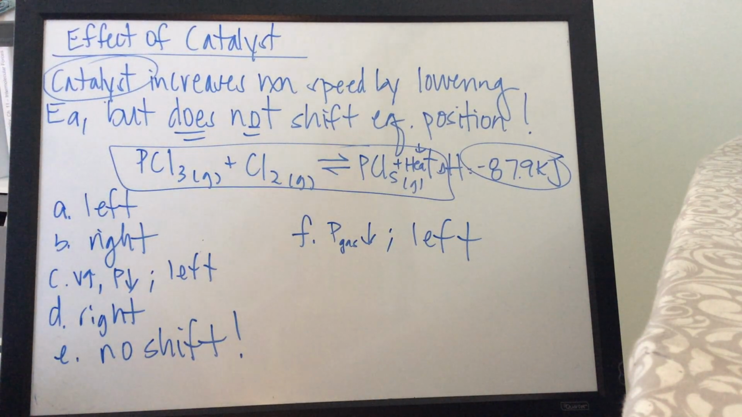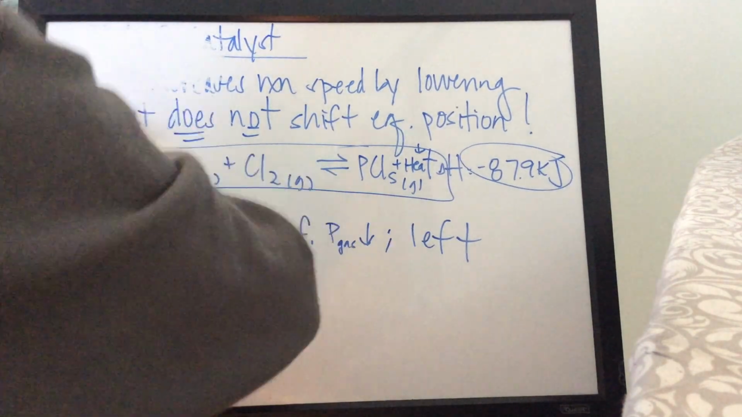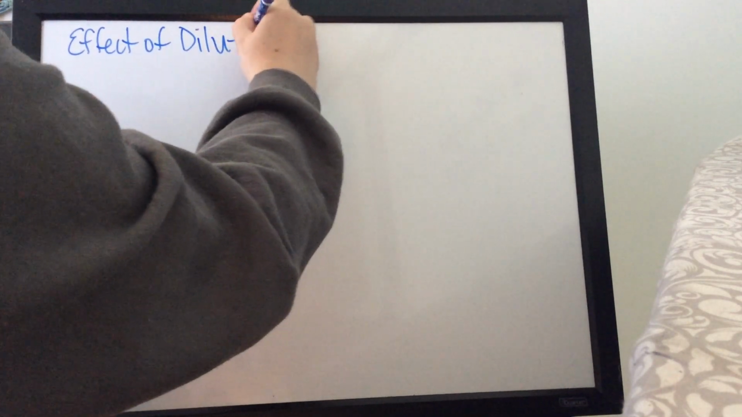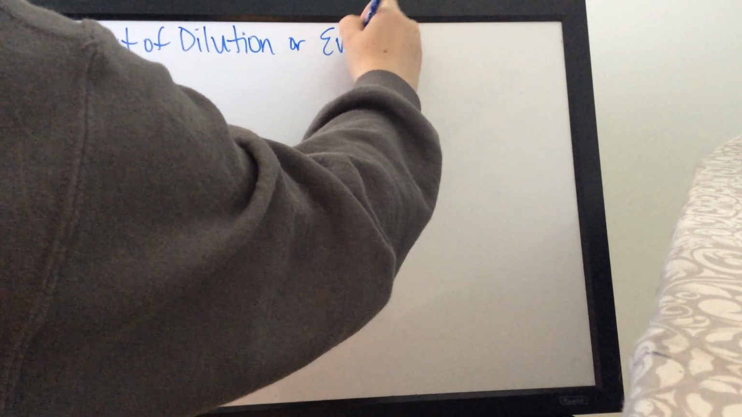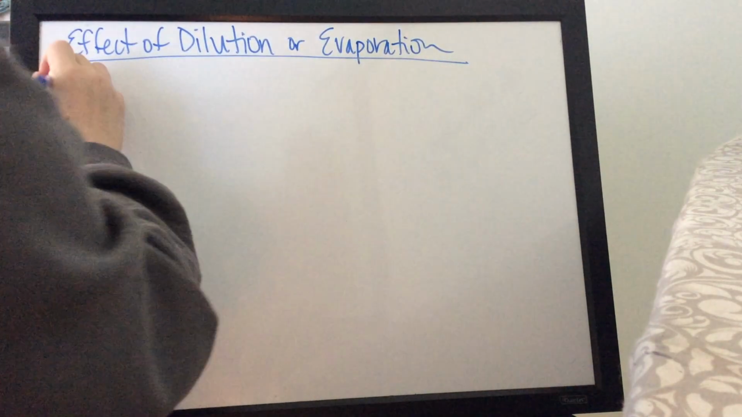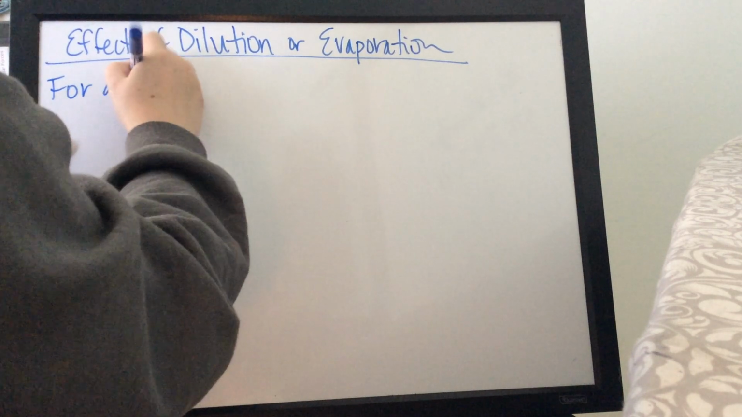Okay? And technically, that's the end of the notes for this section, but I kind of left something off. Since this video is not super long, if you just want to flip to the back and add your own heading, technically there's one more that can affect equilibrium shifting, and that is the effect of either dilution or evaporation. Okay, and this is for aqueous reactions. So we'll do aqueous